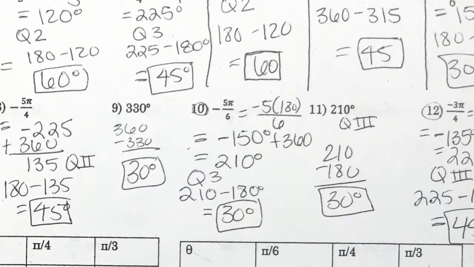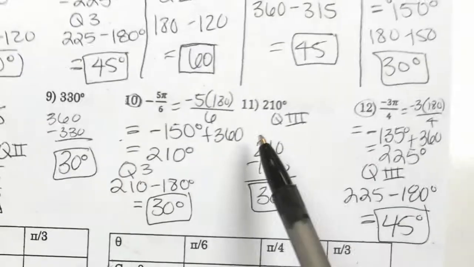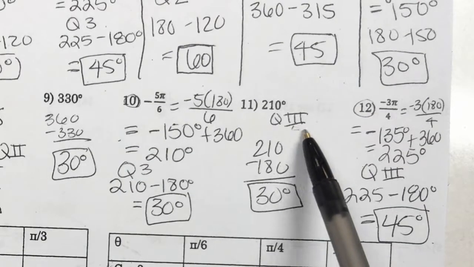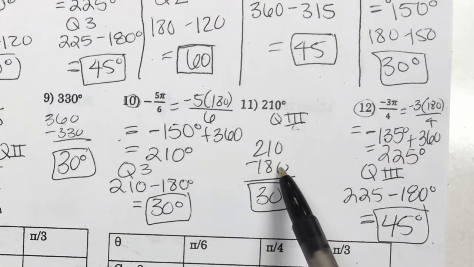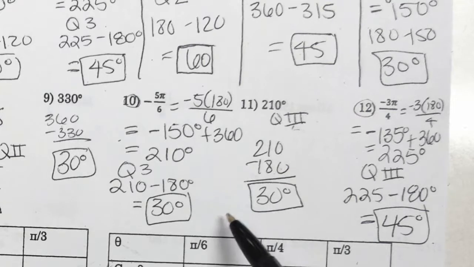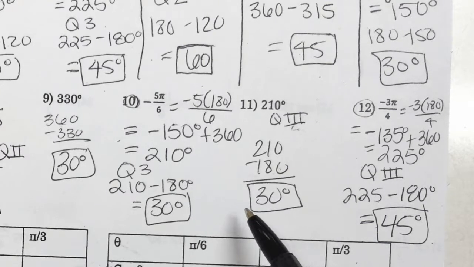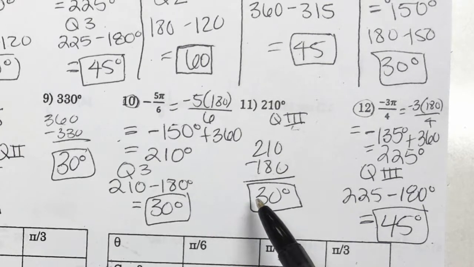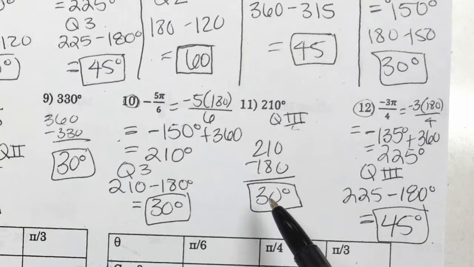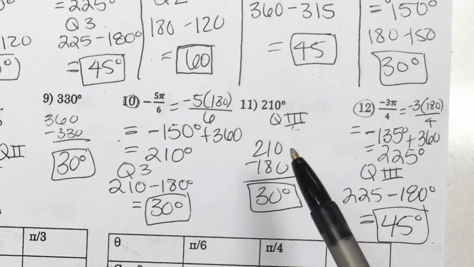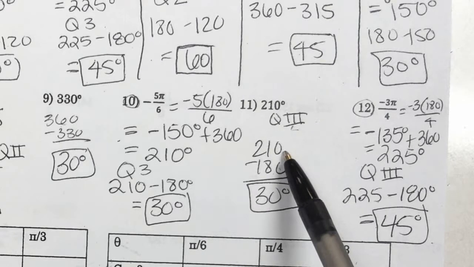Alright, how do we feel about finding reference angles? Good? Yes. How do we know, like, say, for number 11, you did 210 minus 180. How do you know not to do, like, add 360? I was doing the subtraction wrong. Like I was subtracting 210 from